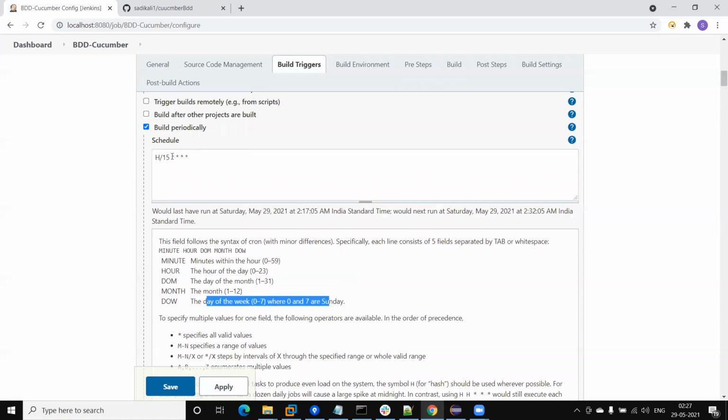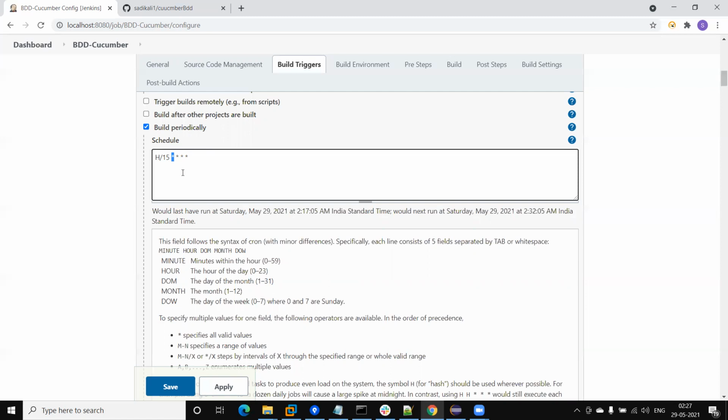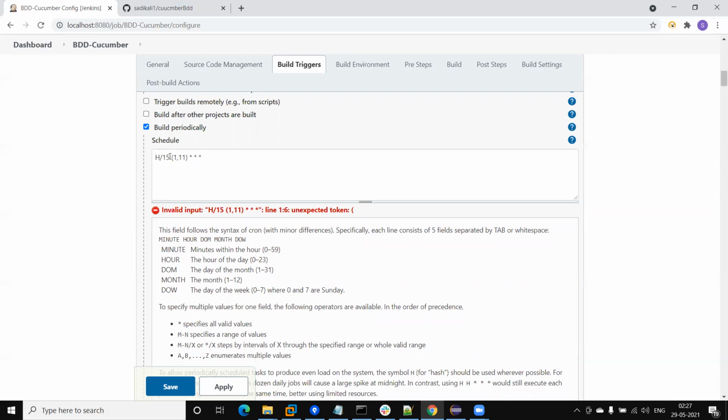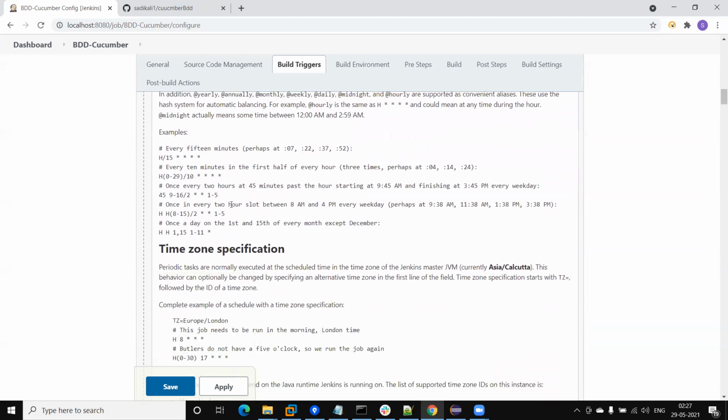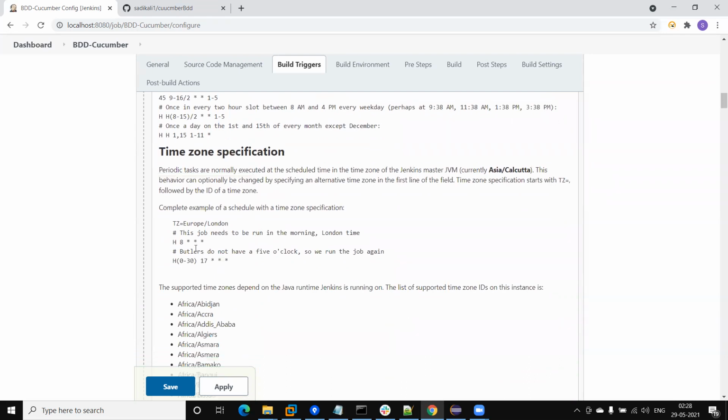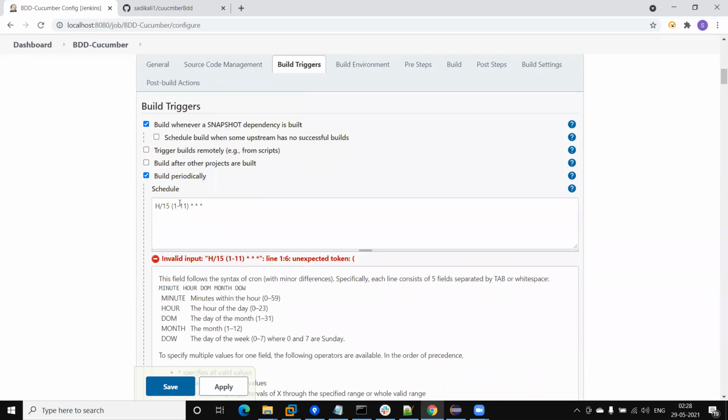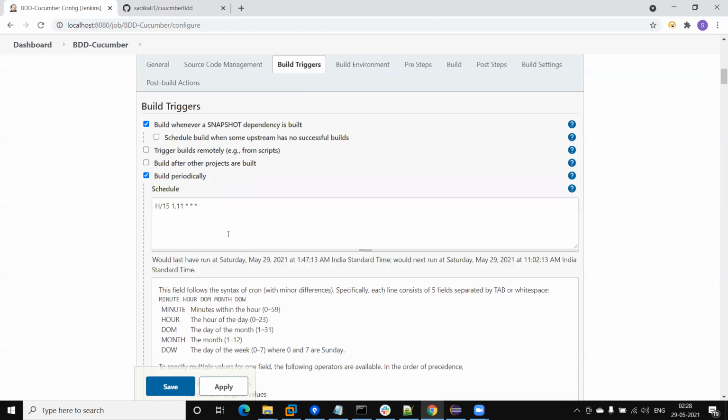Suppose you want to not execute every day, every hour, so we can mention here something like 1 and 11. Okay, so this will be like this.